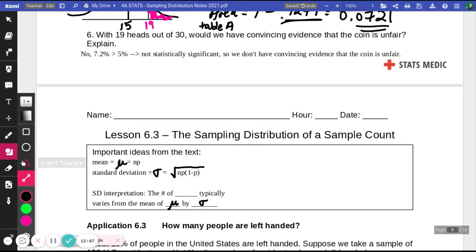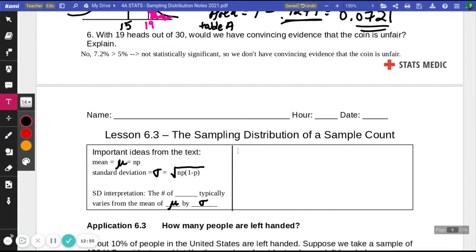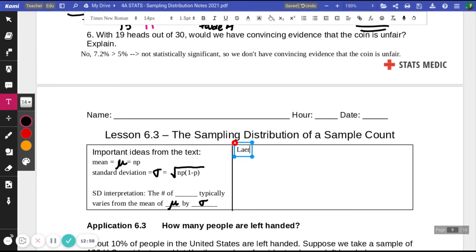We got two more things here, so hopefully you left some room. The first one is our large counts condition. So we're checking to see if n times p is greater than or equal to 10. I'm going to write in that equal to sign in a second. And we need to make sure that n times 1 minus p is also greater than or equal to 10. So we got to check both those things. And if they are,